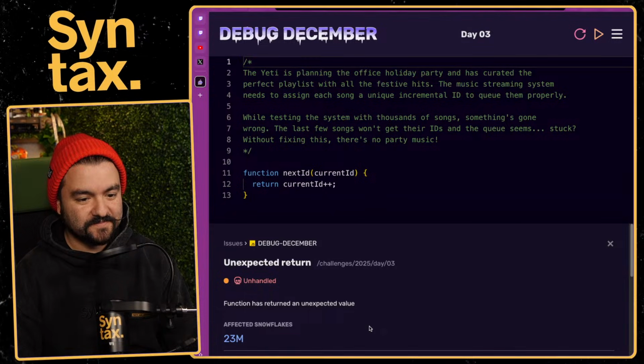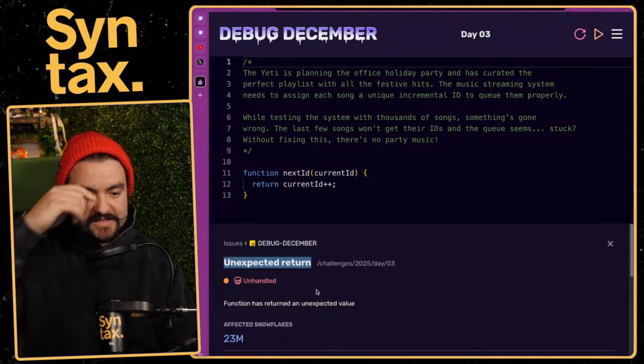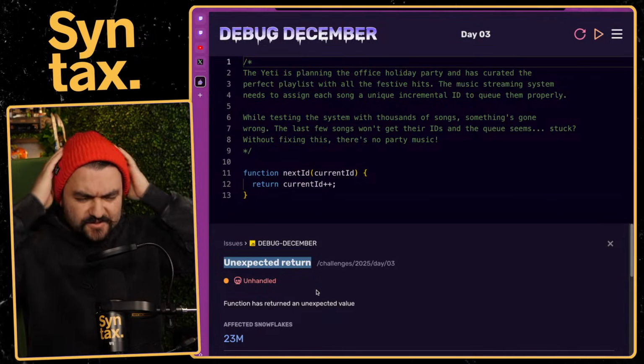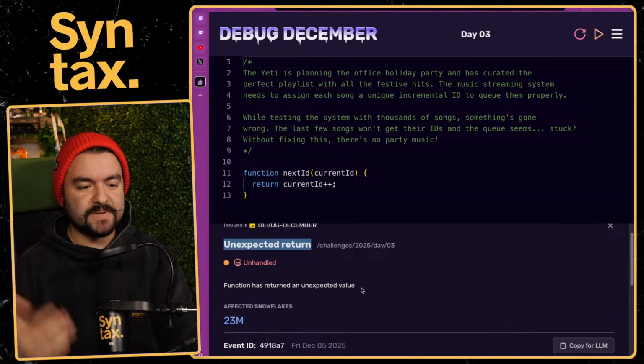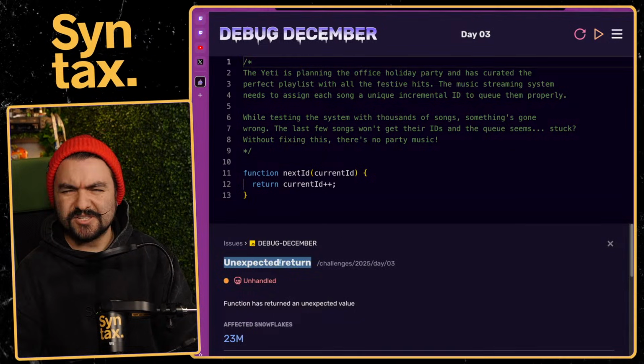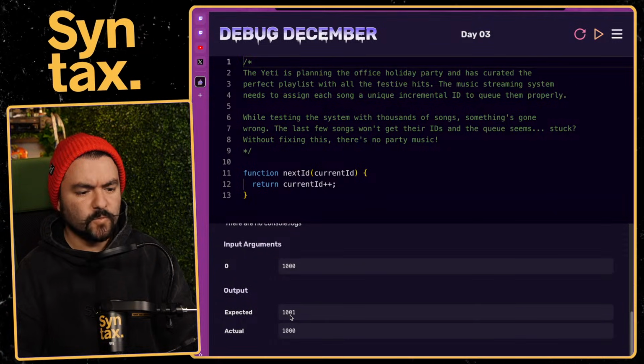Oh no. All right, unexpected return, I have now learned, is just internal to this system. Because that's not like a classic JavaScript error that I've seen before. That just means our function is returning the wrong thing. Maybe if you use an assert statement, that's what you'd get. But we input with 1,000. We expect